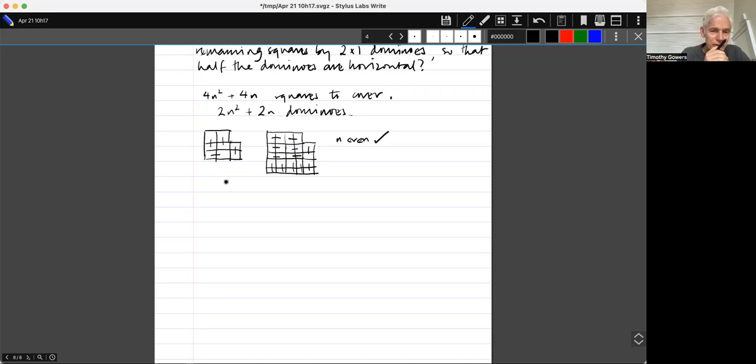If n is odd, n squared plus n is still going to be even, so that doesn't really help. Or does it? If n is even, n squared plus n is also even. So I guess it's a bit more complicated than parity, but I haven't quite decided whether I want the whole thing to be unbalanced or the whole thing to be balanced. And in what sense? Well, the fact that we divided this up into little squares suggests that an old friend might be useful here,